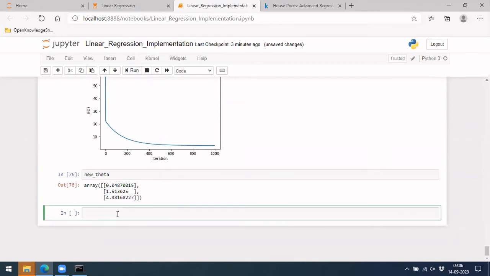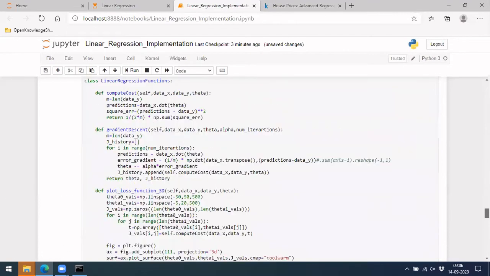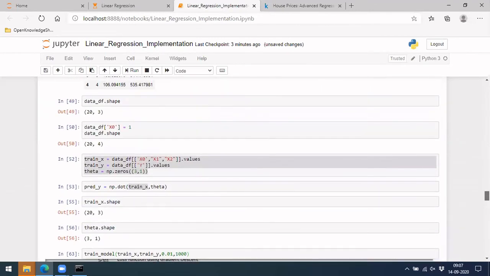In case you have a new x, let me give you a new point. We only have x1 and x2 here, and we added x naught.